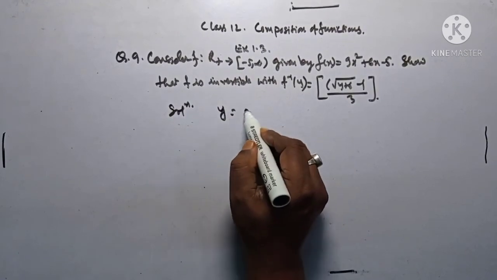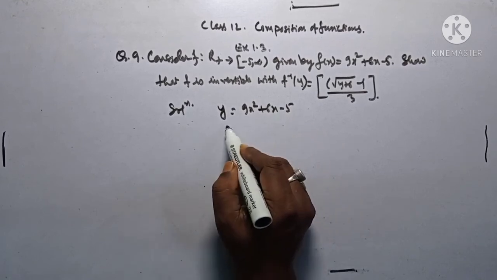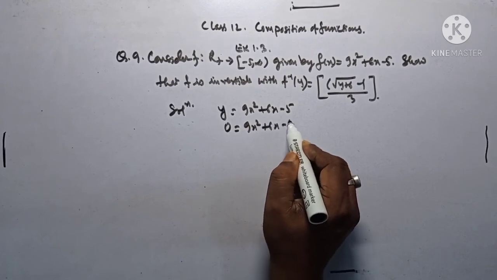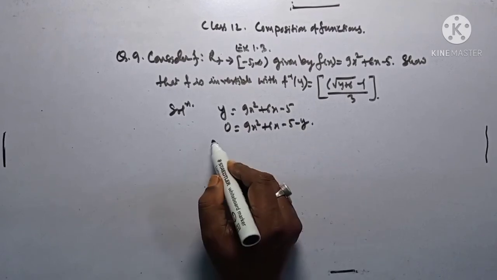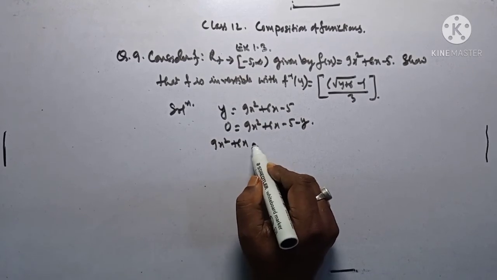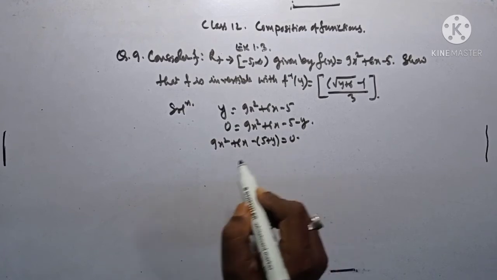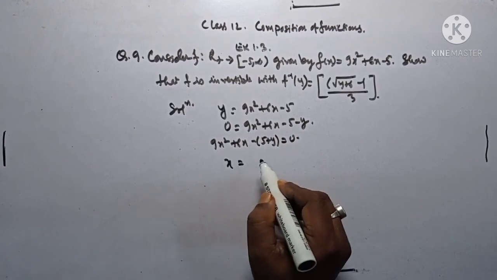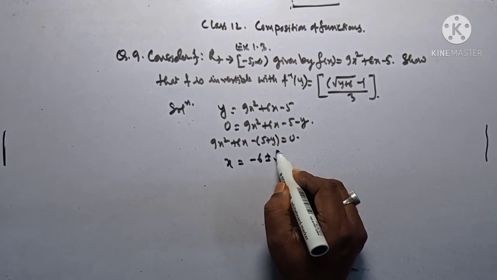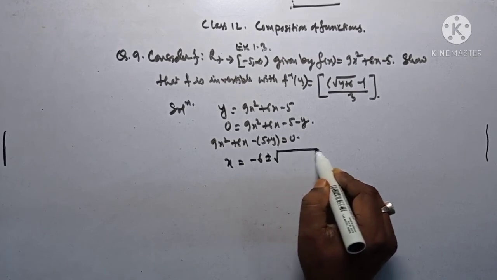let y is equal to 9x square plus 6x minus 5. So 0 is equal to 9x square plus 6x minus 5 minus y. So your 9x square plus 6x minus (5 plus y) equal to 0. I'm going to apply the quadratic formula. This will be minus 6 plus minus root